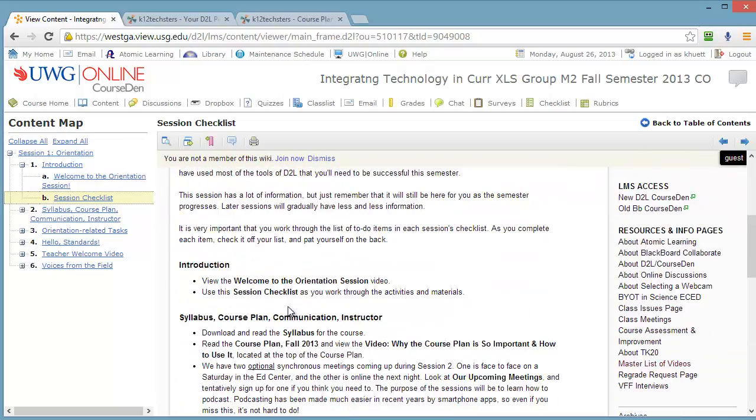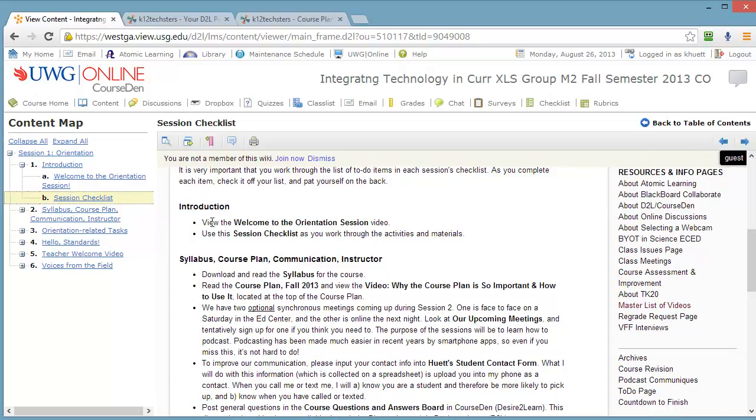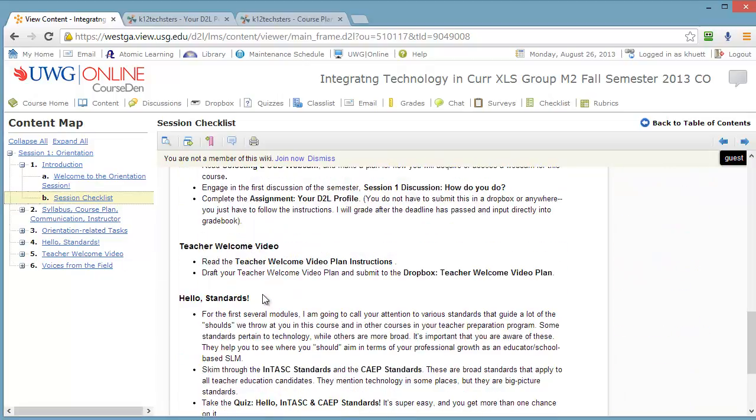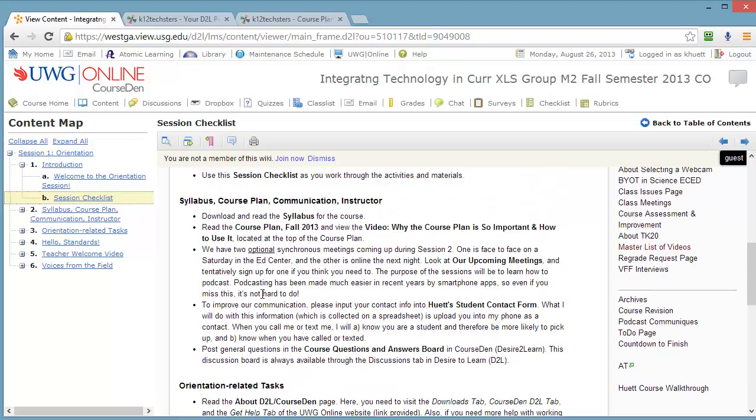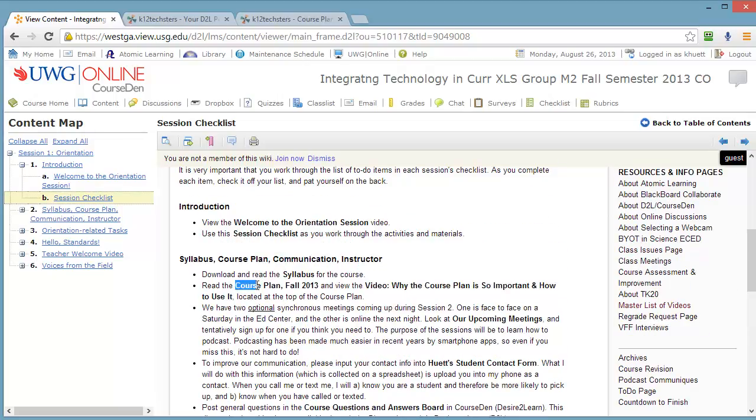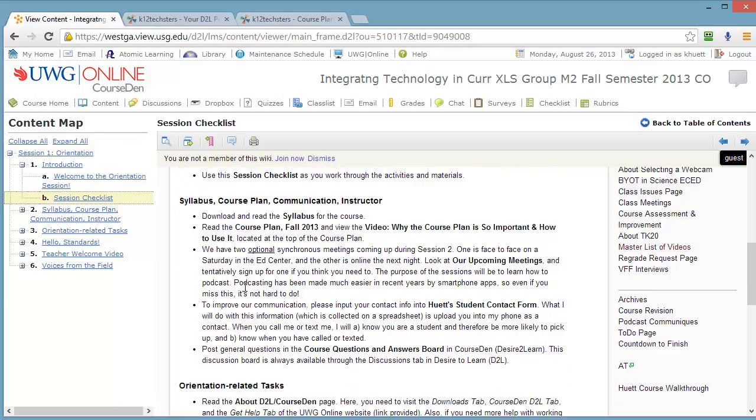What you're going to do in this section is work through the checklist given here. You'll notice that it corresponds directly with the items over on the left. The main things you're going to do is read the syllabus. Okay. Read the course plan, which I think is in a way more valuable than the syllabus. So please look at that. It gives you the big picture view of the class, and